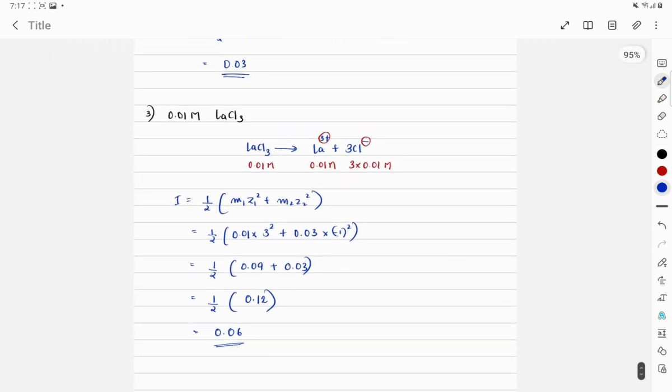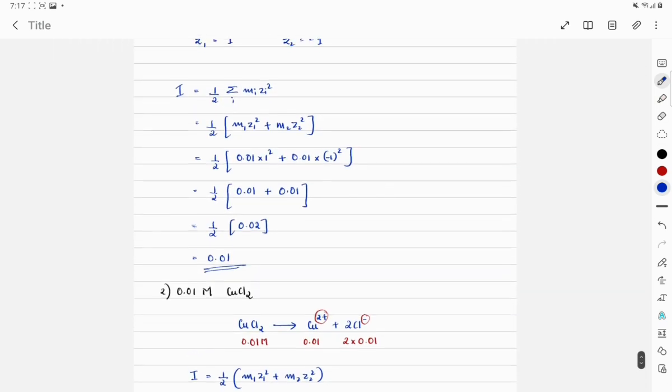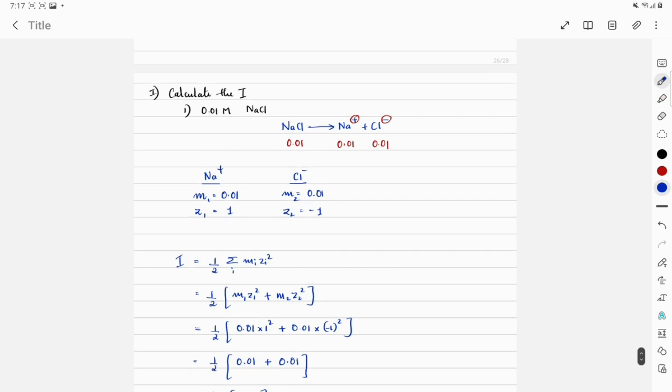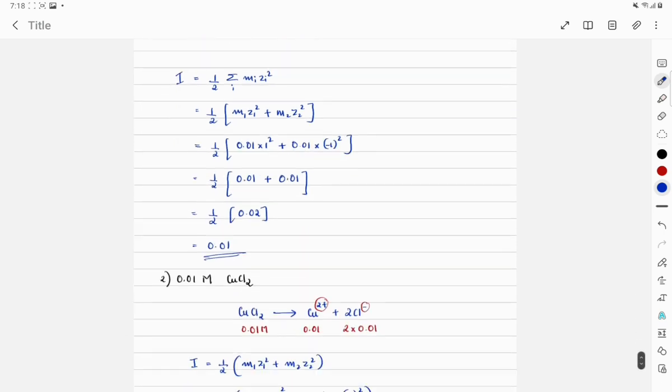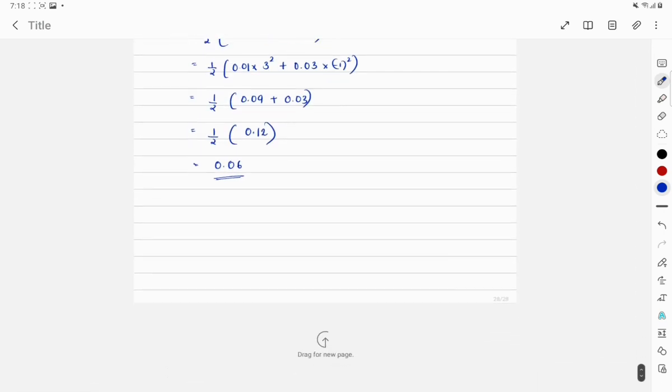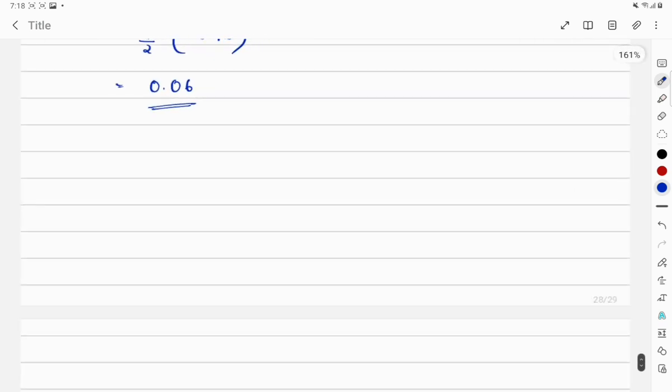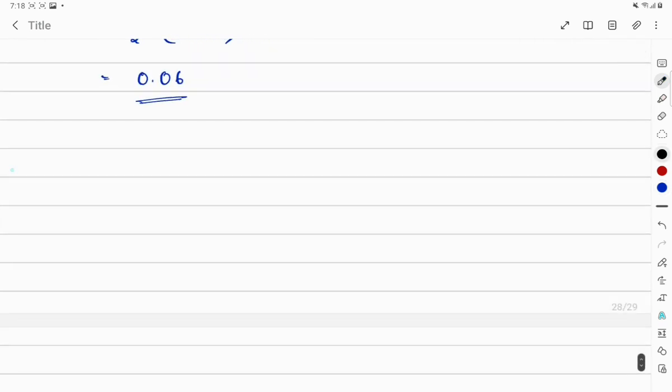So in these three questions, we had the same concentration but different electrolytes, which on ionization give a different number of ions. But still, all of them were just one electrolyte type of solution. Now let's see, what if we use a mixture of electrolytes or a mixture of salts in a solution. So the next question is going to be, calculate the ionic strength I for a solution